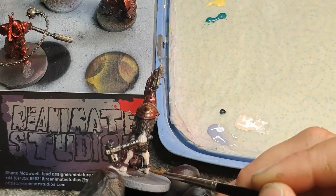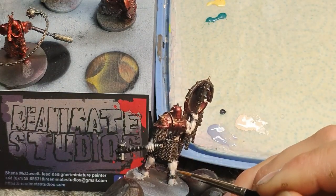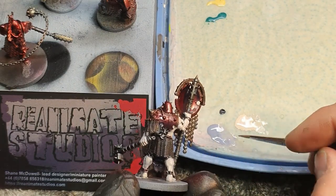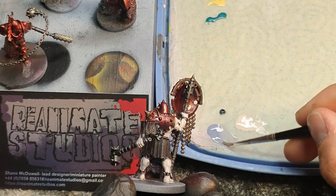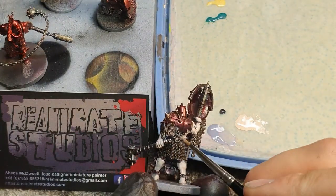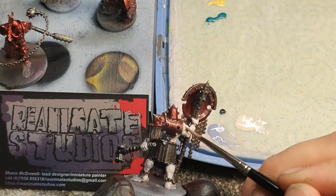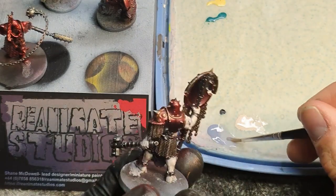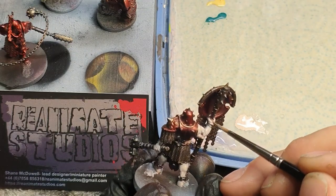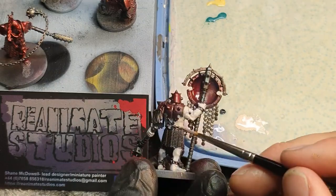So what I'm trying to achieve here is just like an unnatural pallor to the skin. So might not be for you. You might prefer the Games Workshop Studio paint job, which is fair enough. But for me, it's just a bit... Not that I wasn't a fan, so I thought I'd try something myself. So hopefully, while this is still